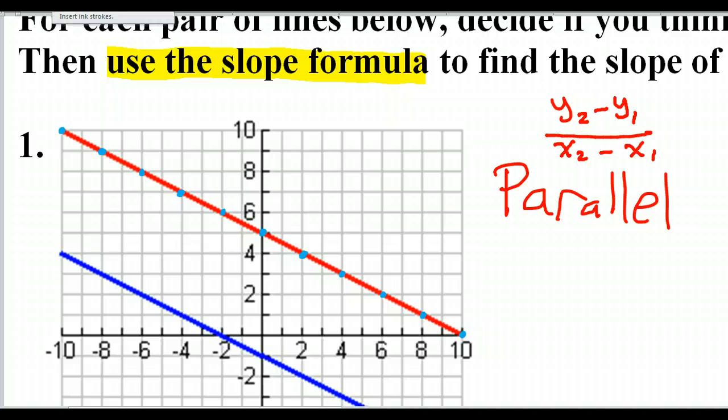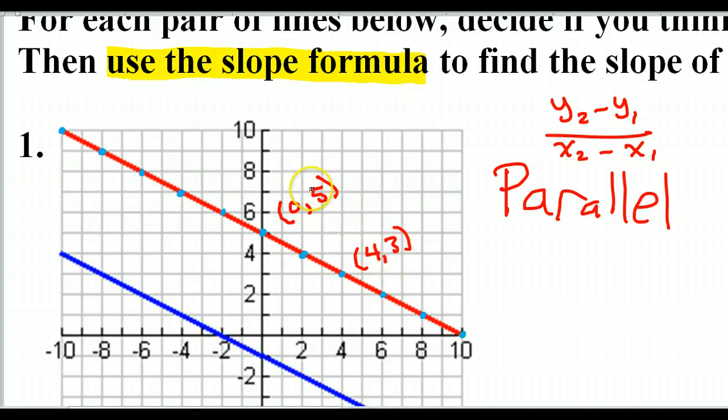So the points I'm going to pick are going to be random, but let's see, I'll use this point, the y-intercept, just for fun. So this is the point (0, 5). So I'll use that for one of my points. I'll use this point right here. This is the point (4, 3). So I could pick these 2 points. I could do the slope formula, and that would tell me the slope of this line. So that's going to be